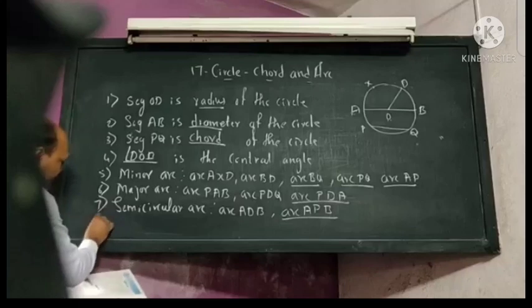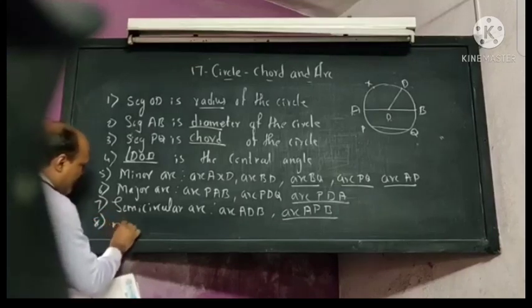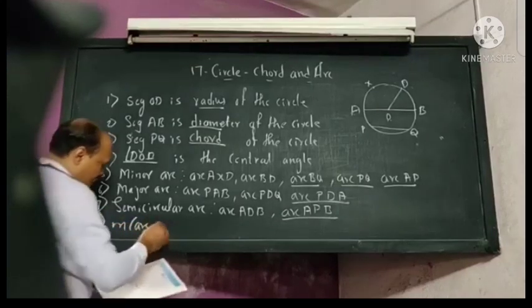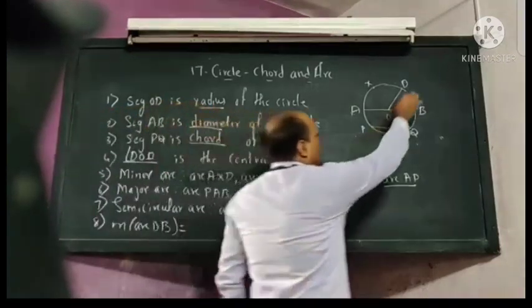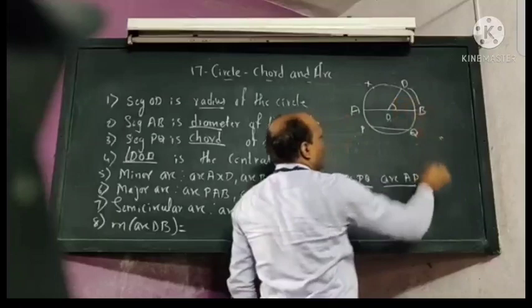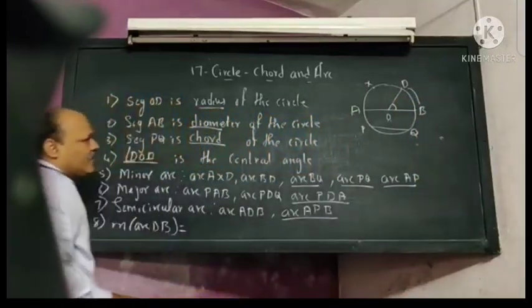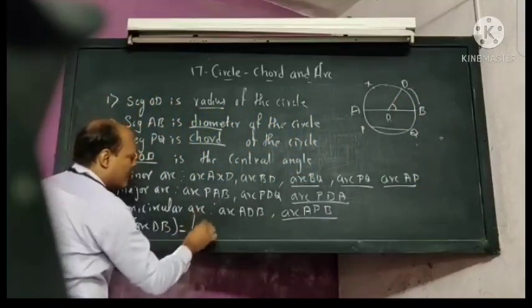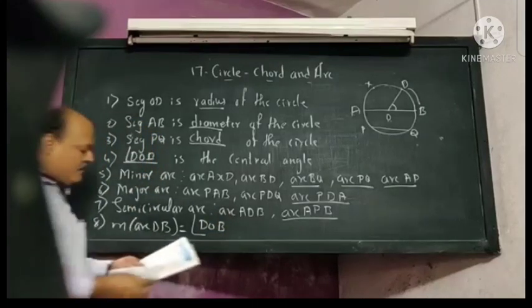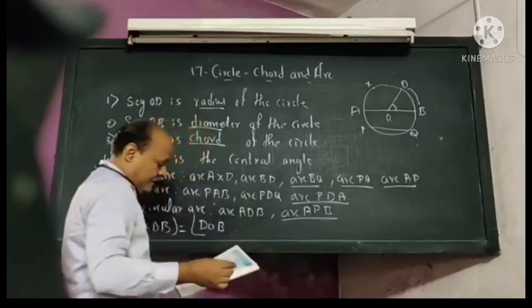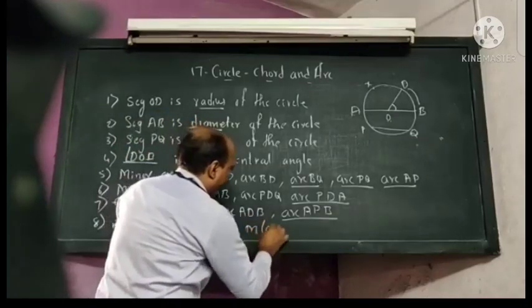The next one is measure of arc. Arc DB: the length and the angle measure will be the same. It's the central angle, we say that, and angle DOB will be equal to it. It's clearly there. And the last one is, if you want to find the measure of arc,